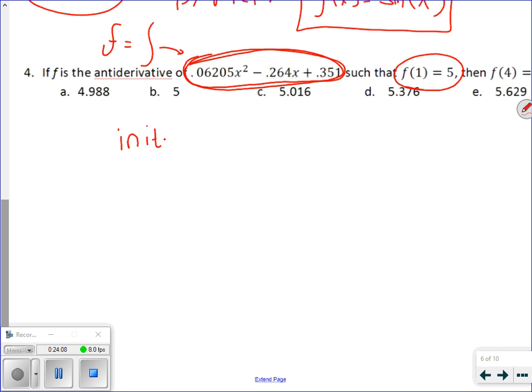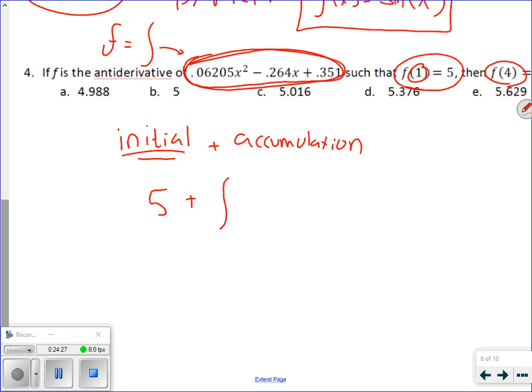So initially, my initial value is 5. If I want to know a new value, I need to add the accumulation, which comes from an integral. So if I want to know my new value at 4, for instance, you're going to add the accumulation from time equals 1 to time equals 4 to figure out your new value. You take your initial and you add your accumulation, which in this case,